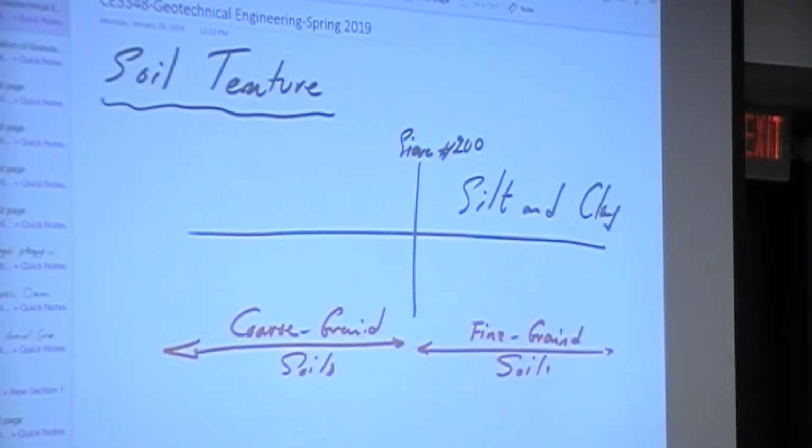Here we're looking at the USCS definition, the Unified Soil Classification System. Later on when we talk about the AASHTO classification, the definitions are going to be somewhat different. You correctly pointed out that we have sand,